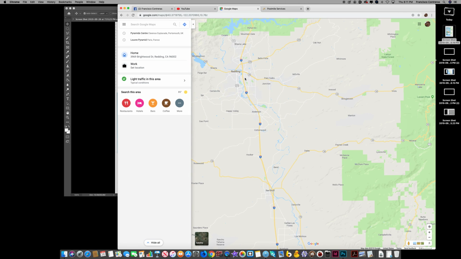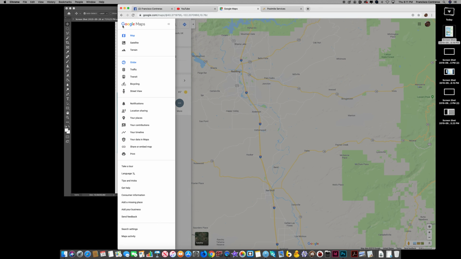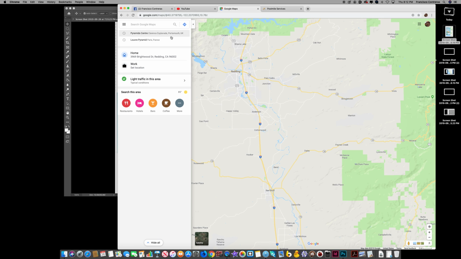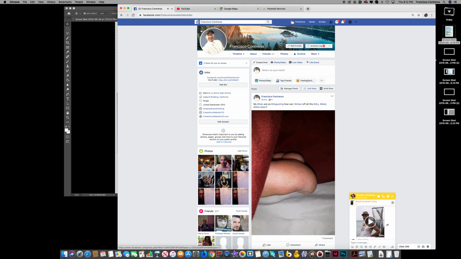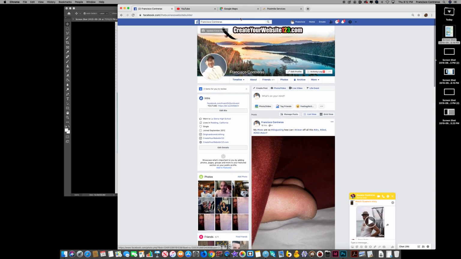Here you have your personal profile. You have your favorite places. You have your home. You have work, whatever. You get save searches or whatnot. So if this is work related, then later on, like I was explaining with the Facebook thing, with the personal Facebook profile, it could be linked up with, like, say, let's go to